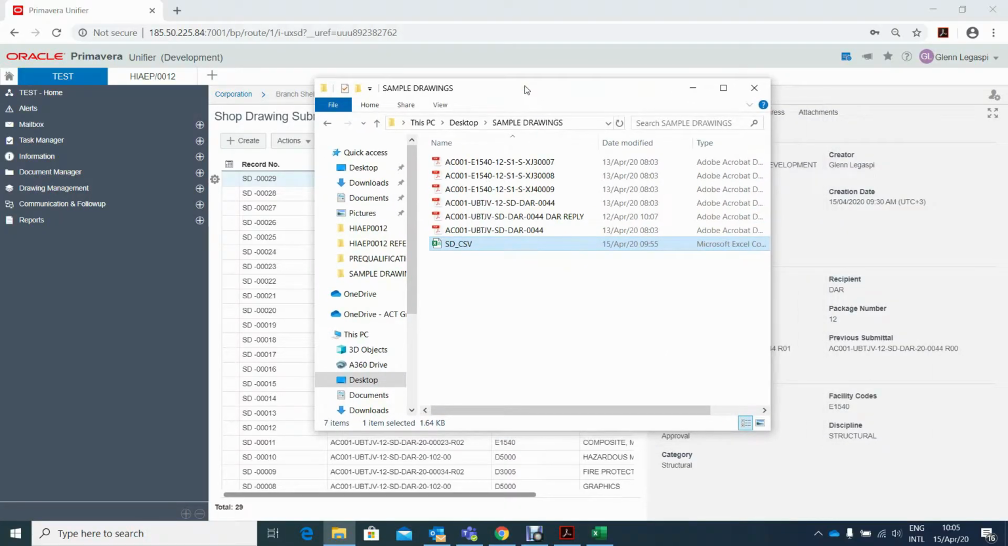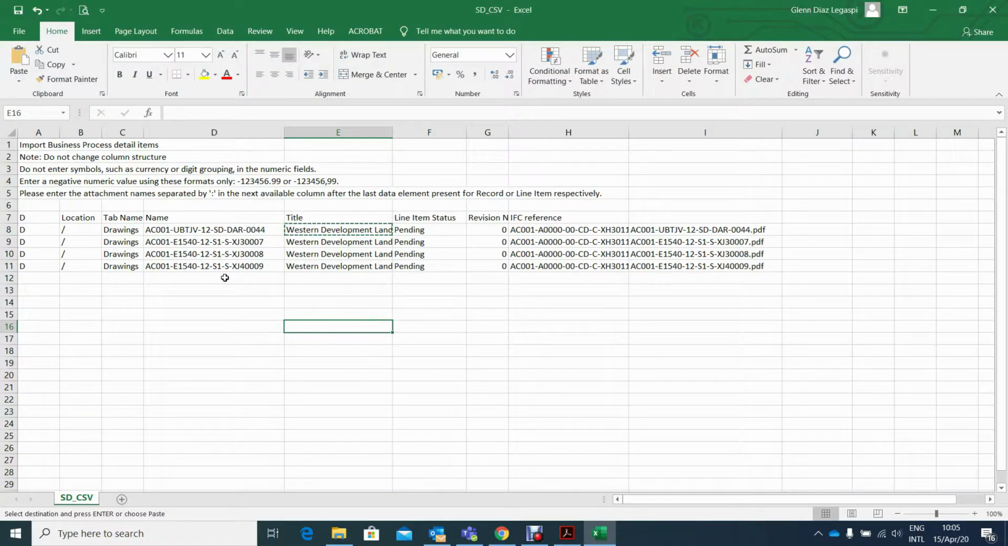To submit shop drawing using the Unifier, make sure that the electronic copies are ready. Then the document controller needs also to prepare a CSV file. This CSV file will be for the bulk import of the electronic documents. In the CSV file, the document controller needs to enter the reference number of the drawing or the submittal form, the title of the drawing, the line item status, which is pending since we are sending it for approval, the revision number of the drawing, the IFC reference, and